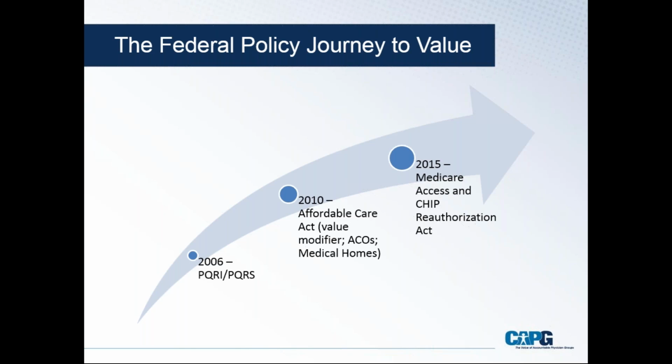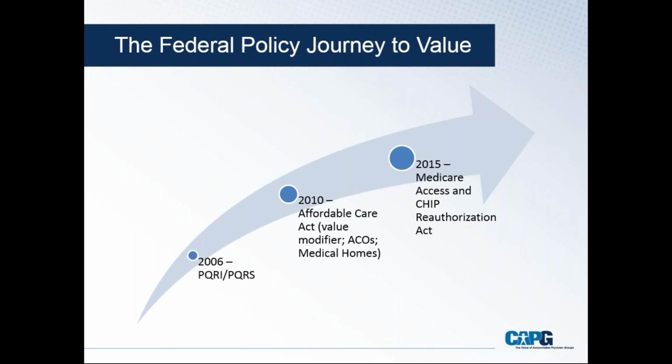I've put the example of PQRS here, the Physician Quality Reporting System, which started as a voluntary demonstration project around 2006, the beginning of collecting and reporting quality information for physicians in Medicare Part B. From there, PQRS started out as a bonus program and transitioned into a penalty program: if you don't report, you receive a reduction to your fee-for-service payments. As the ACA was being put into place, there were additional policies intended to continue to drive the journey towards value-based care in Medicare.